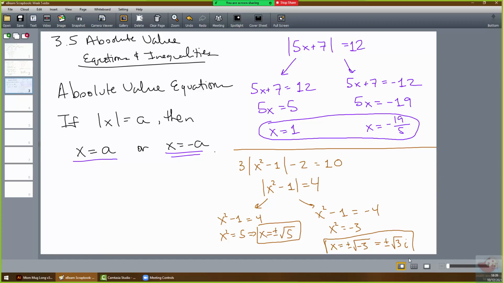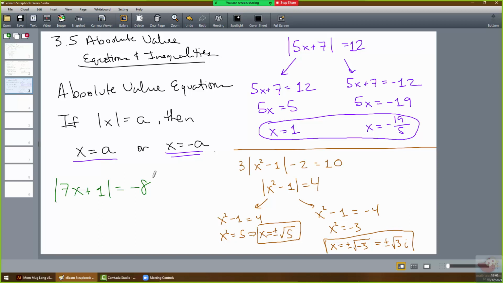So isolate, break up, solve as normal. Not too much to check for these, to be honest. You should always check, and it's going to be the point of the next problem we talk about. But generally, these work out pretty okay. So with that, I would like you to solve this